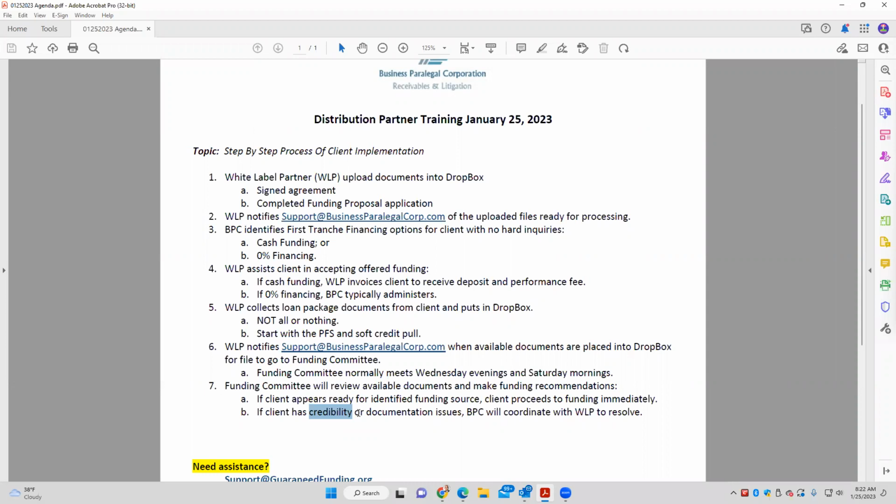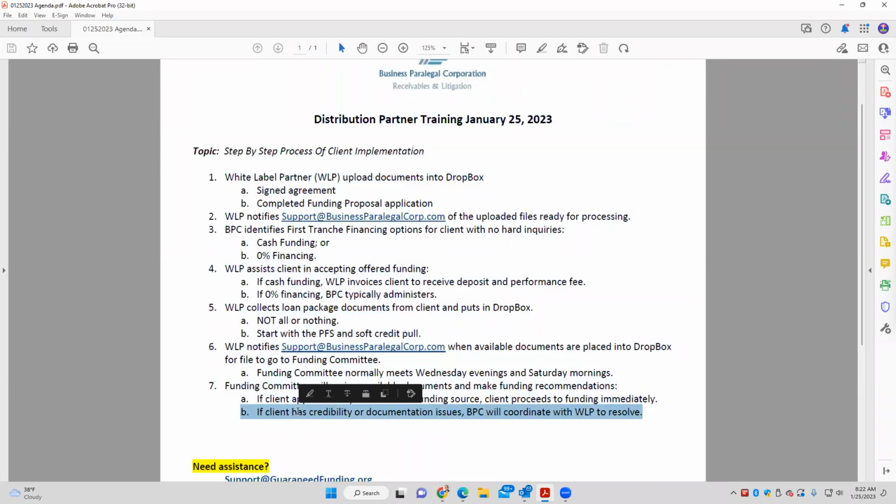Well, what does credibility mean? Well, part of it is having the documentation, of course, for the loan package. Part of it also is hopefully having the financial literacy, which we have built into the model. And it also includes being credible on paper with the 3 C's. And so you're exactly right, JP. If you have a client that's not credible enough, then we will work together to formulate a plan to help them improve their credibility or documentation, whatever those issues are. But what I feel like you're asking, JP, is exactly